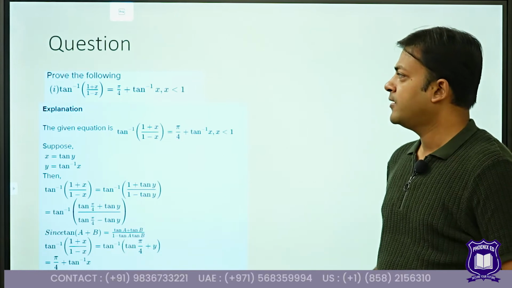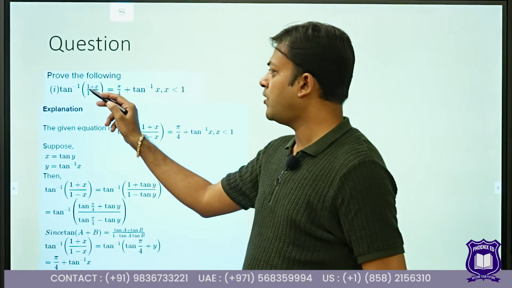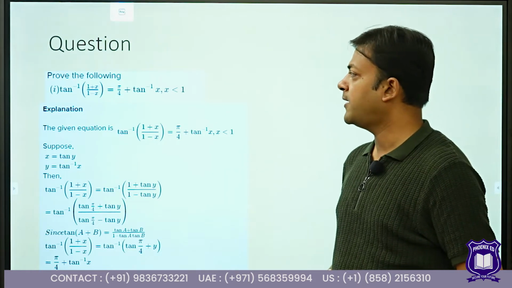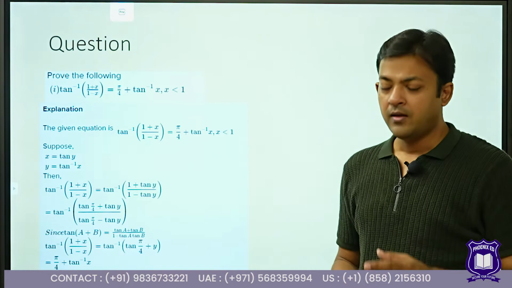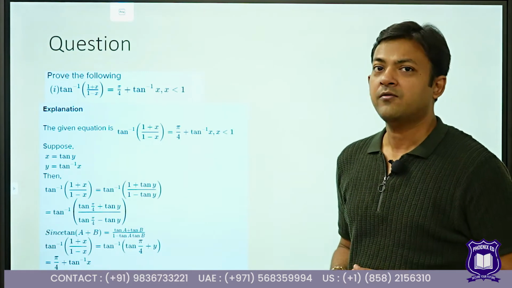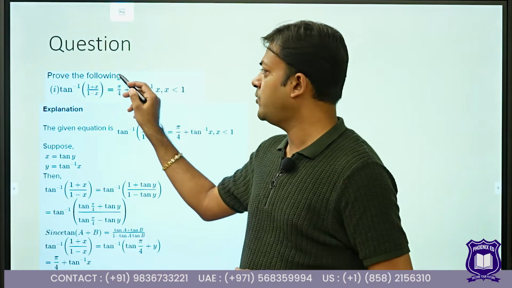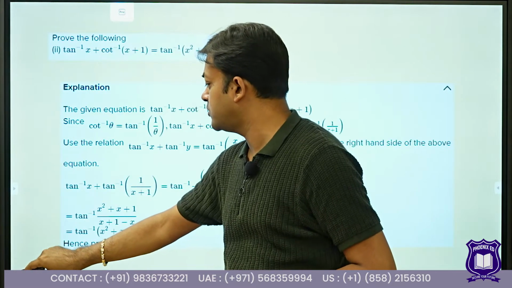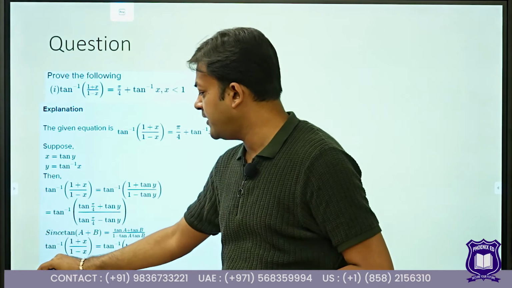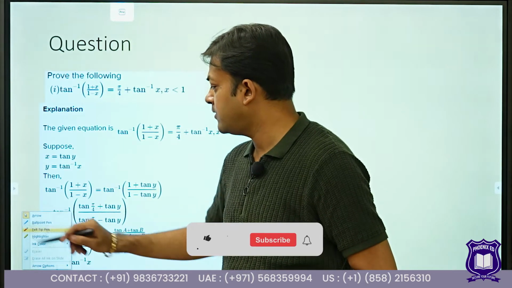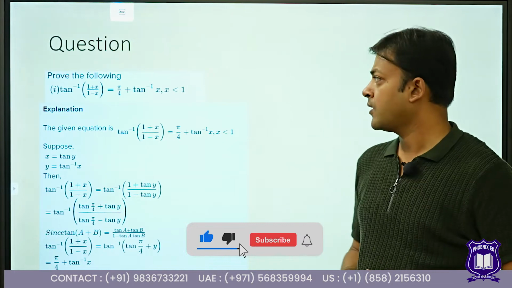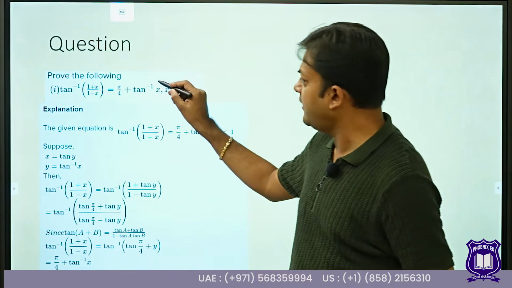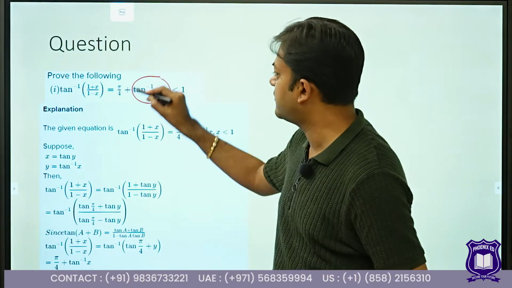In this problem, we have to prove that tan inverse of (1 plus x) by (1 minus x) is equal to pi by 4 plus tan inverse x. Now, two things. First, in order to solve these problems, we need to refer to our rules of substitution or tricks of substitution that we had discussed in the beginning of the presentation. I'll remind you of that substitution, but there is a hint in the solution as well.